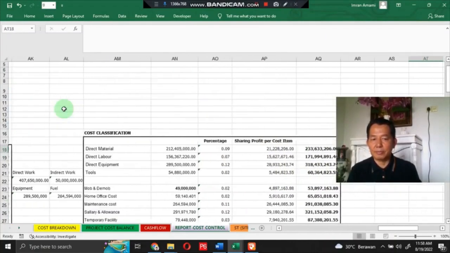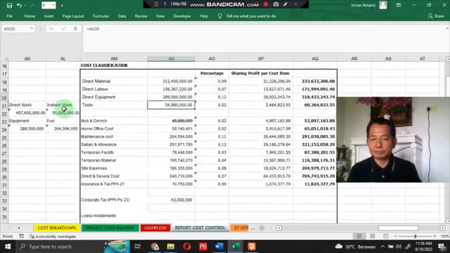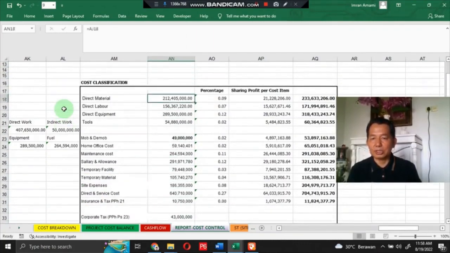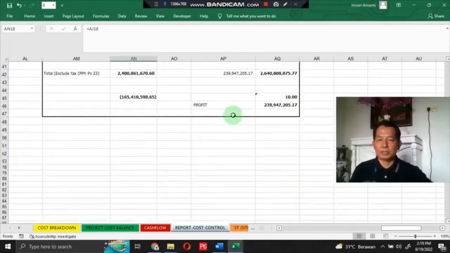Okay, and here it is, the project cost classification adjusted and referring to the project cost category in the project cost program. I set also a profit for this project. Here it is, profit for this project